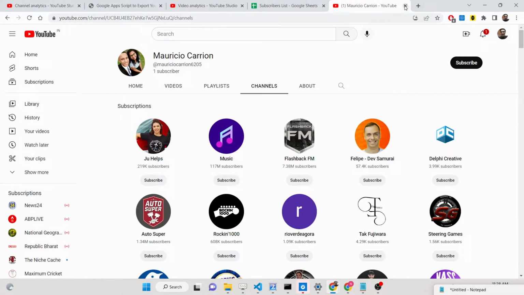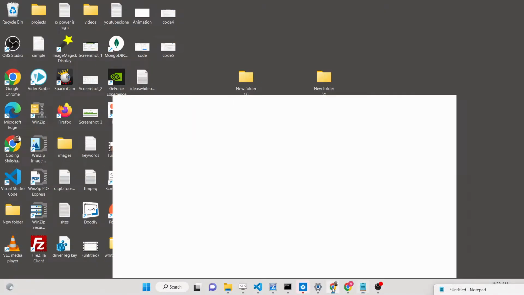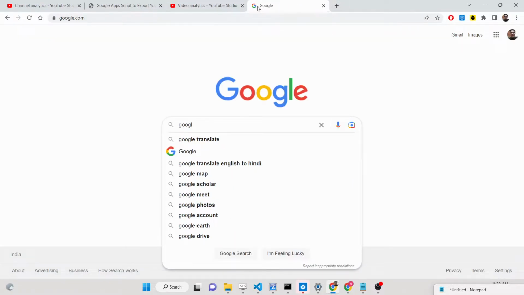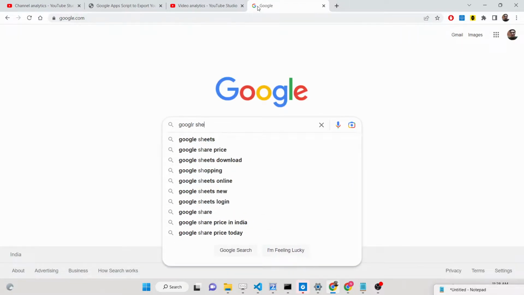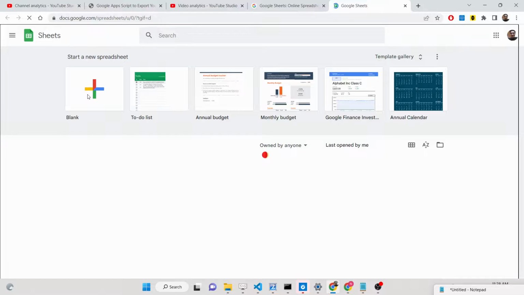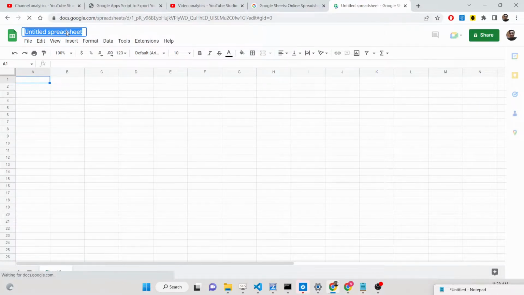So now let's get started by building this application, guys. First of all, I recommend that you go to Google Sheets and make a new sheet here. Go to Google Sheets, click on go to sheet and create a blank sheet, and you can rename this sheet by simply double-clicking and saying here YouTube list,